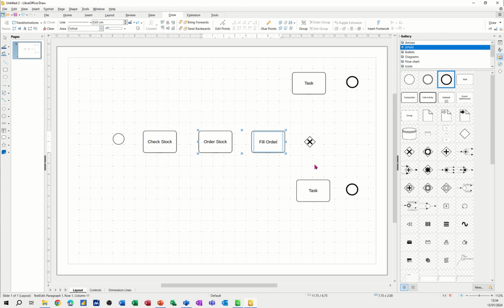So what I need to do is do a couple of lines, but then let's just put some more text in this one. So let's go for Friday schedule, and then this one can go Tuesday delivery,